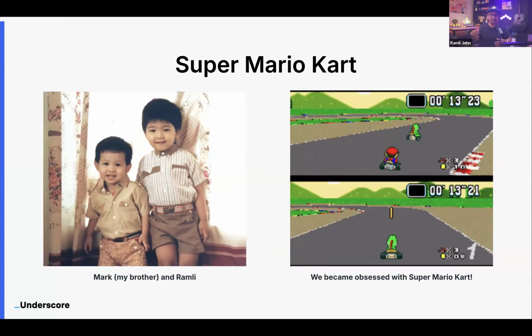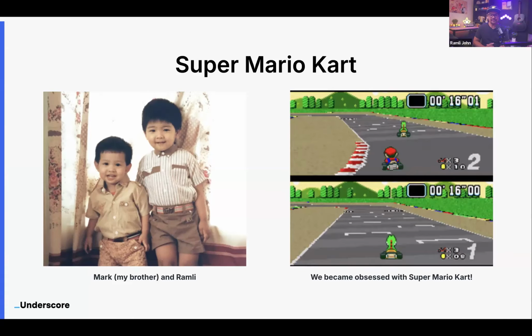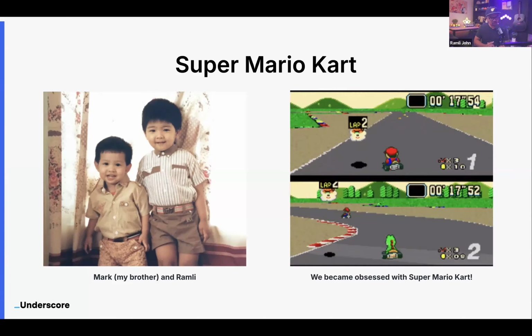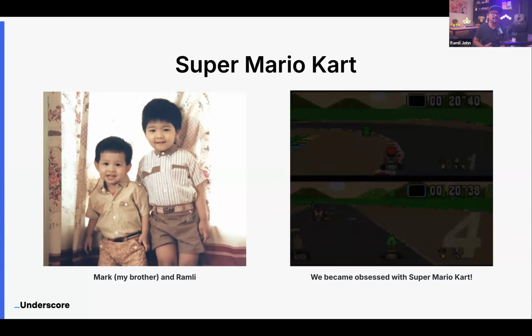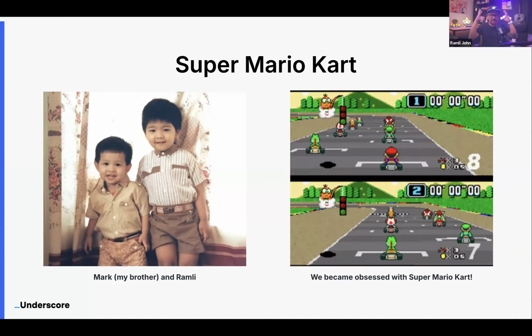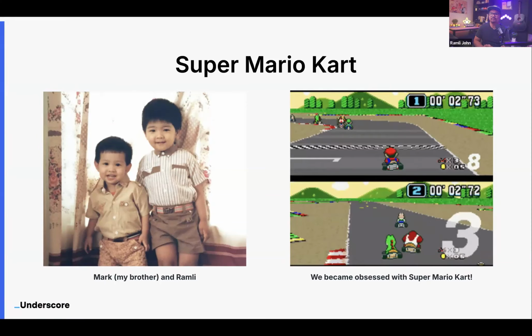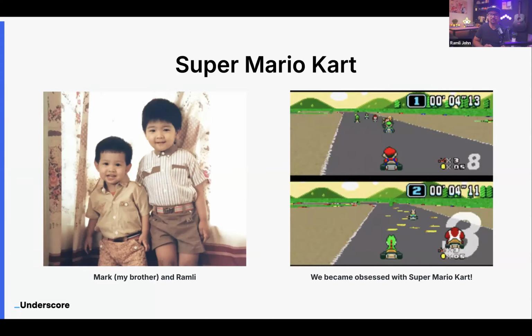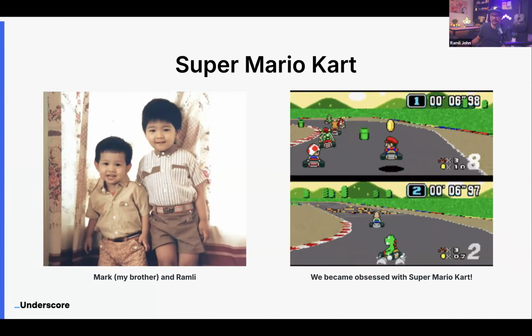And one of the things that really annoyed me about that experience was that my younger brother always was beating me so many times, and it just broke my mind because there's this law in the universe that I believe in. And before I share that, I'd just love to see how many of you here are the big brother or sister in your siblings. Yes, just type yes if you are. I'm gonna say yes.